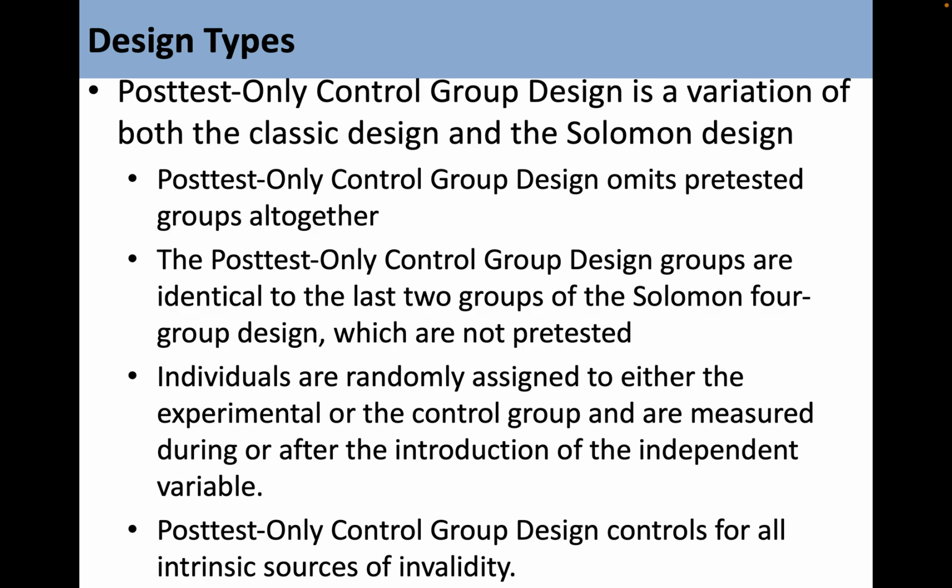Post-test only control group design is a variation of both the classic design and the Solomon design. Post-test only control group design omits pre-tested groups altogether. The groups are identical to the last two groups of the Solomon 4-group design, which are not pre-tested. Individuals are randomly assigned to either the experimental or the control group and are measured during or after the introduction of the independent variable. Post-test only control group design controls for all intrinsic sources of